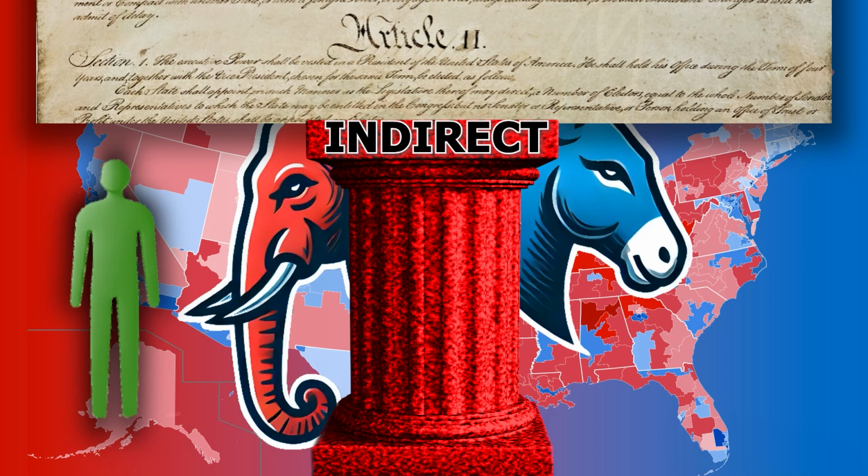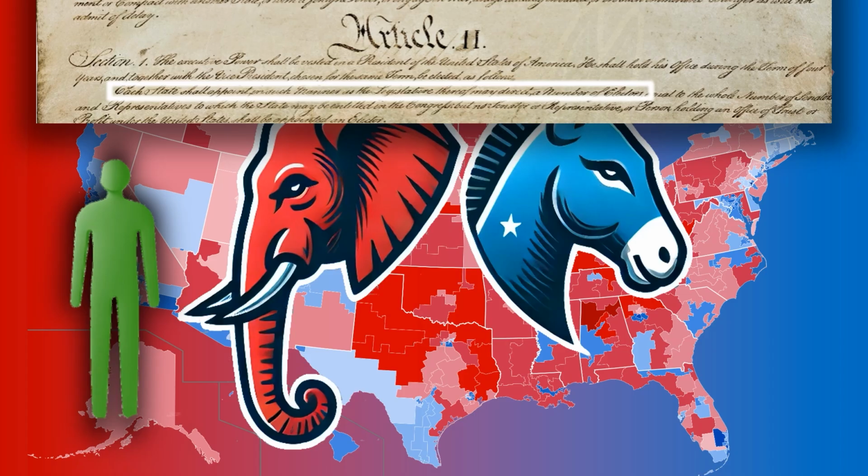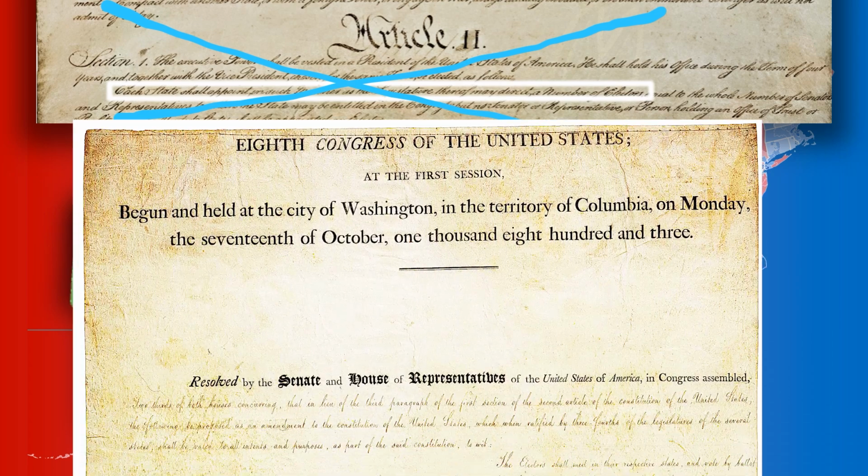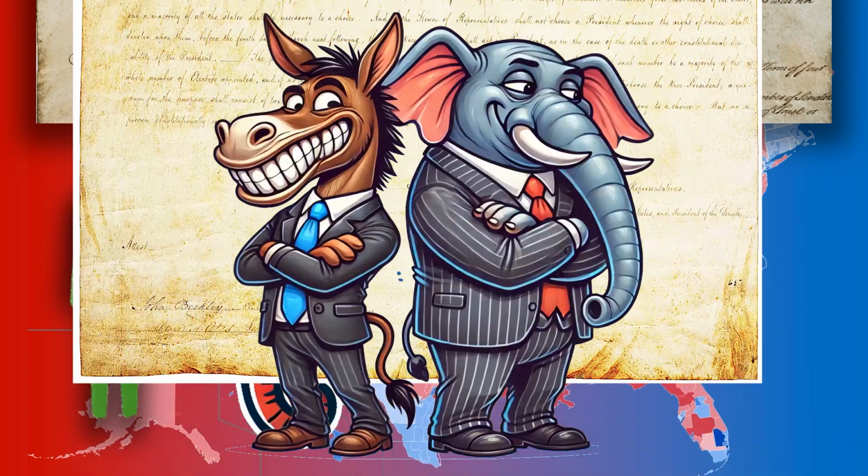Article 2, Section 1 of the United States Constitution provides that each state shall appoint a number of electors in a manner to be prescribed by the state's legislature, who then proceed to cast votes for the president in an indirect election, which is a Republican method. The catch is, we don't actually follow that today for the most part, or even the version amended by the 12th Amendment, which installed the two-party system, which we'll get into in another video.